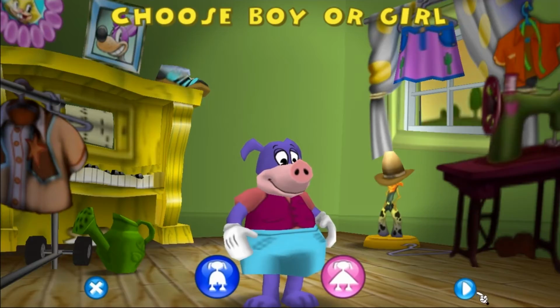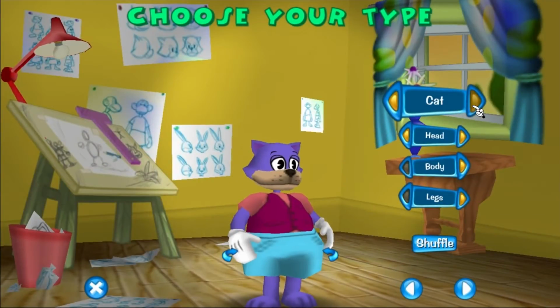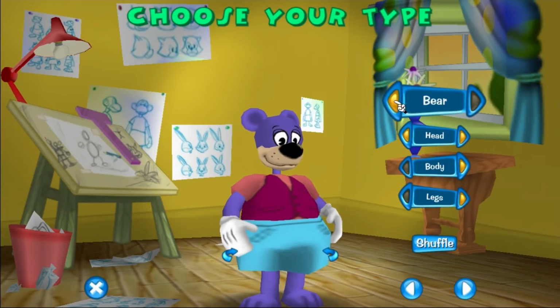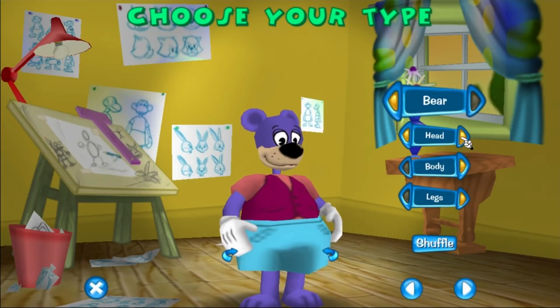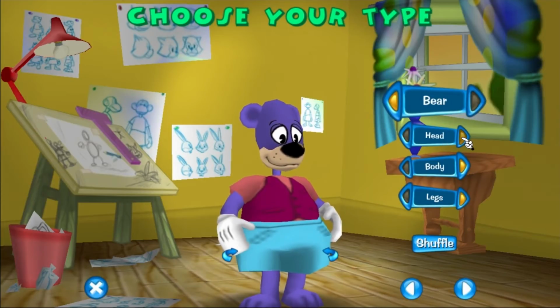So we're going to create a boy. As for the animal, I've been giving it some thought, and I do think I'm going to go with a bear. As for the head of the bear, this one, the big head, looks a little bit too silly for my liking. That one looks very silly. These are the two I've been deciding between, and I think...